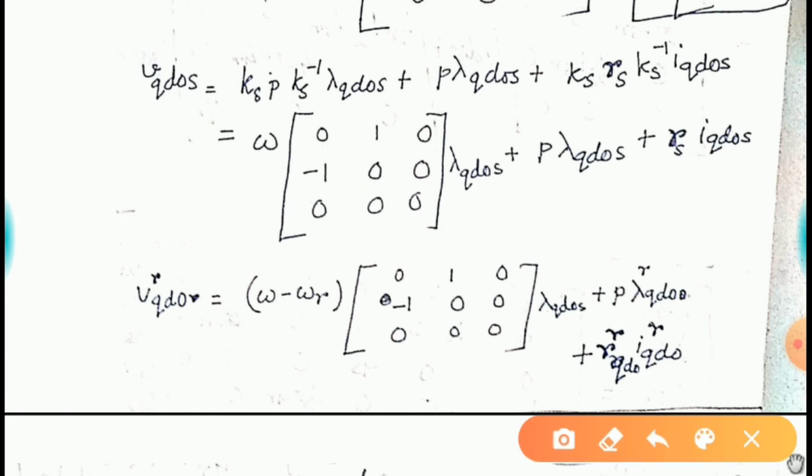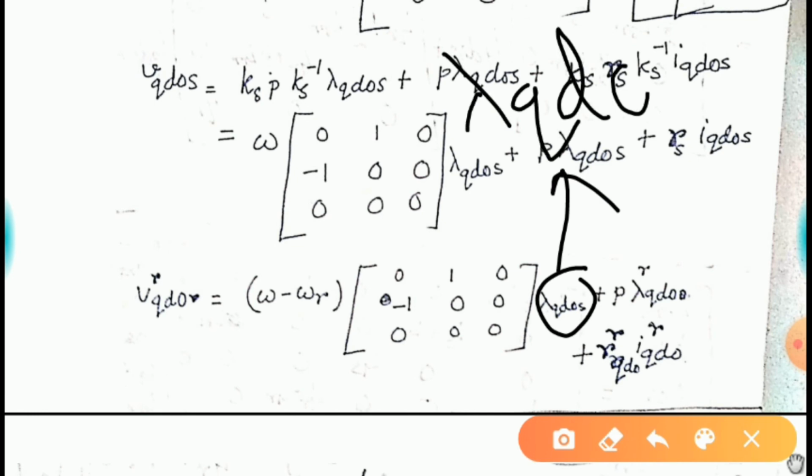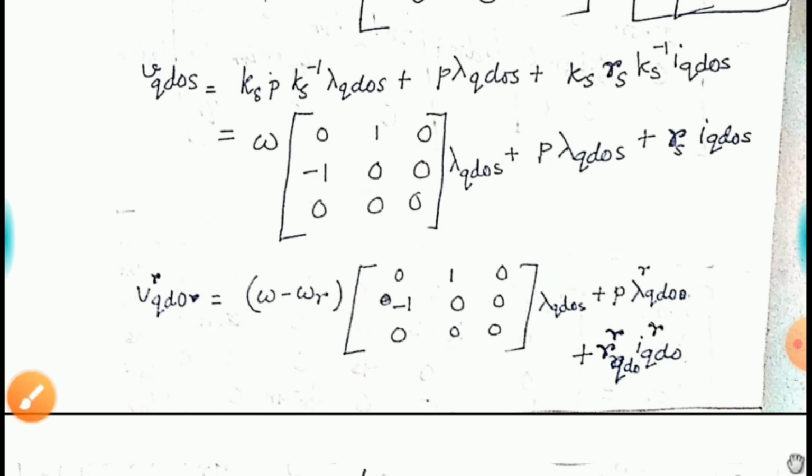But when you are referring the rotor quantity to the stator, here I made a mistake. This term should be lambda qt0r, it is not lambda qt0r, and here also it should be like lambda qd0r. Anyway, the main thing that you should note,